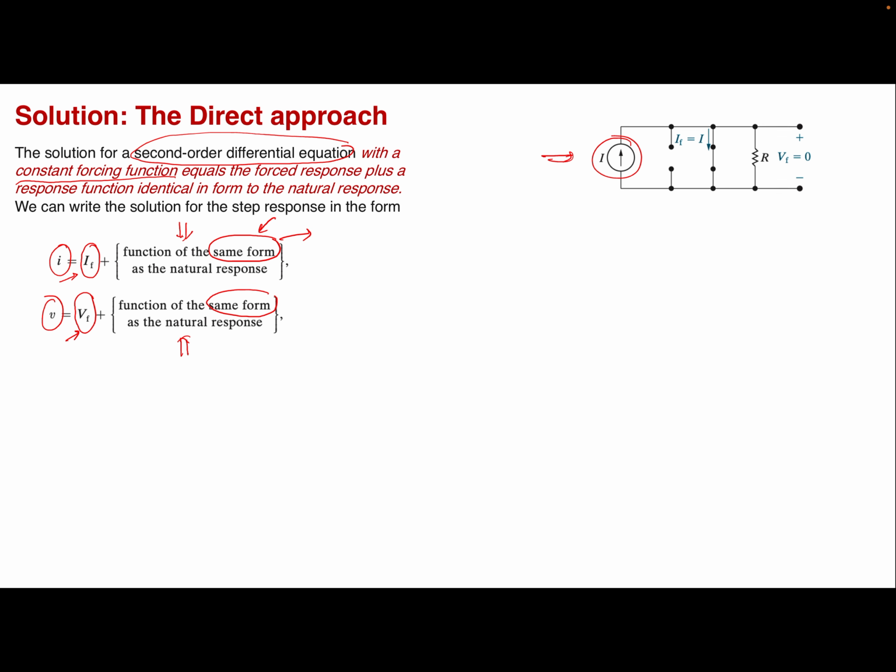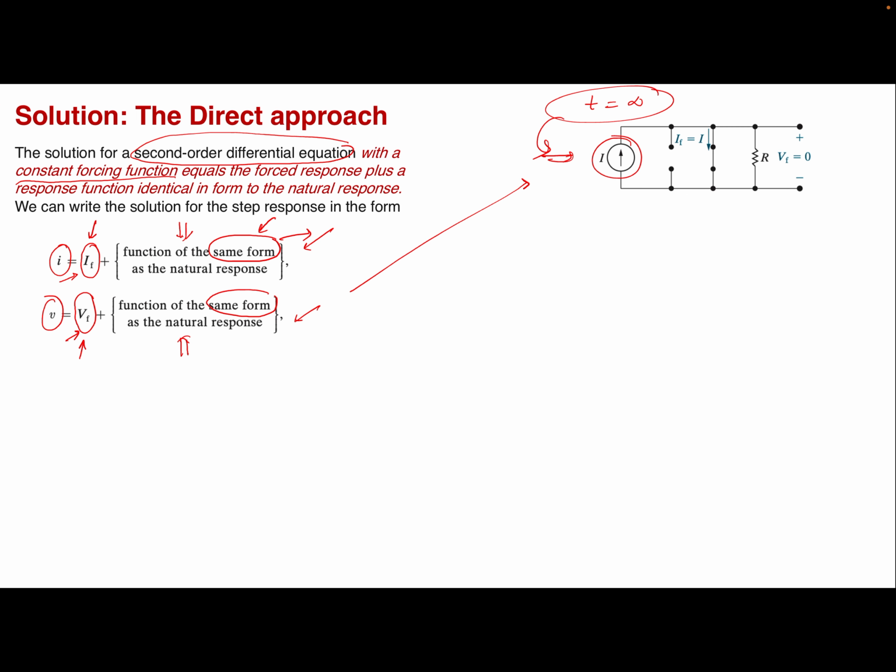So this is a much more direct approach where practically you are saying that you can find this solution exactly by using a forcing function, IF and VF, plus a similar expression. The interesting thing that we are going to find out over here is that this IF and the VF are the final values, right? And if we solve this circuit at t is equal to infinity,